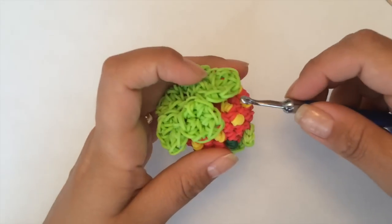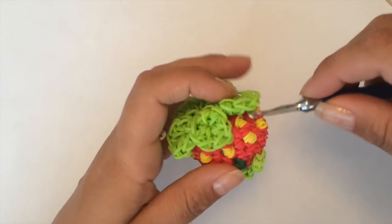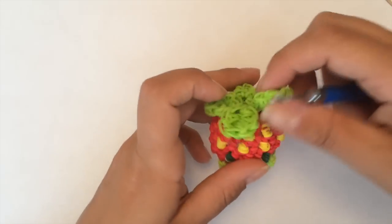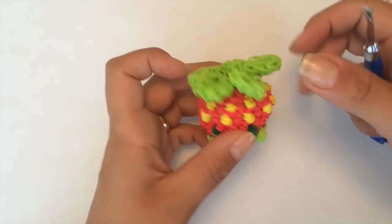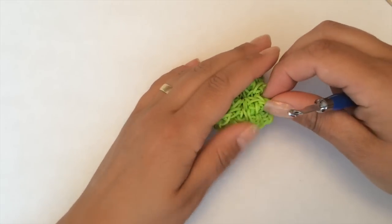I am eventually going to take little slip knots to support, like to tie it closed to the top of the head. That's if you want to, or you can have these dangling. I kind of preferred them down. So to do the stem now,